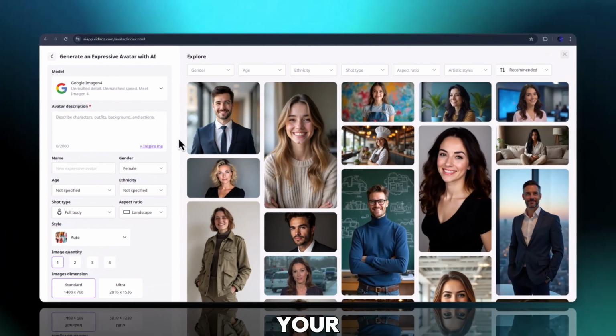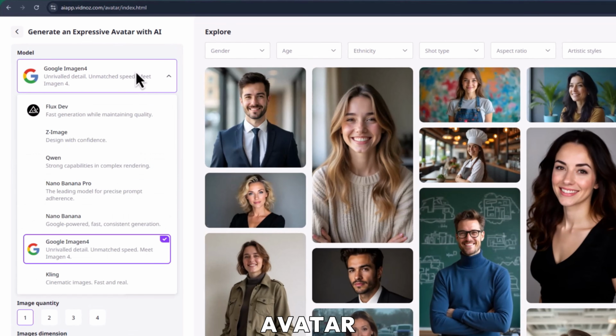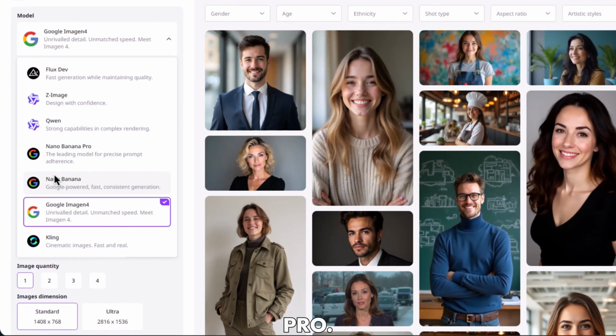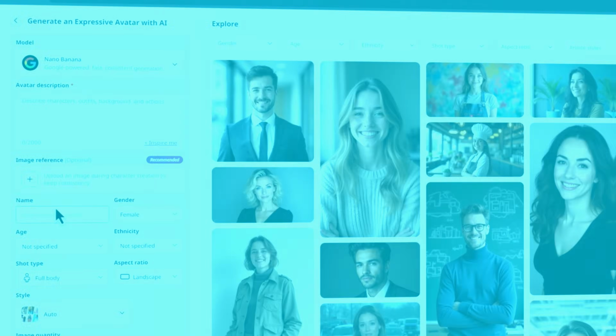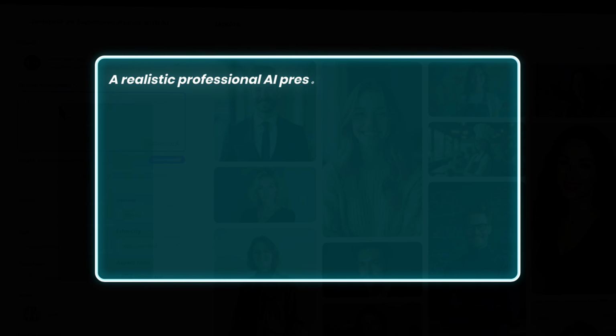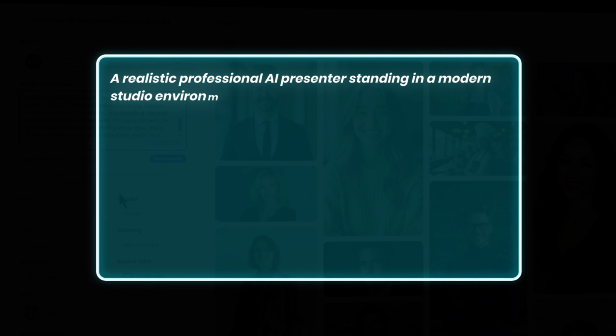Now you can design your AI person. First, choose the avatar model. I'm choosing Nano Banana Pro. You can describe your avatar. For example, a realistic professional AI presenter standing in a modern studio environment, cinematic lighting, clean and minimal background with